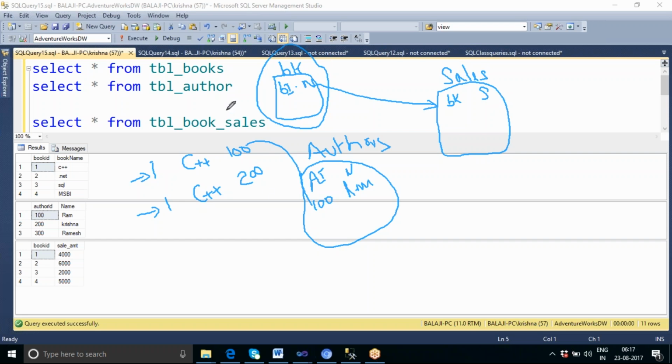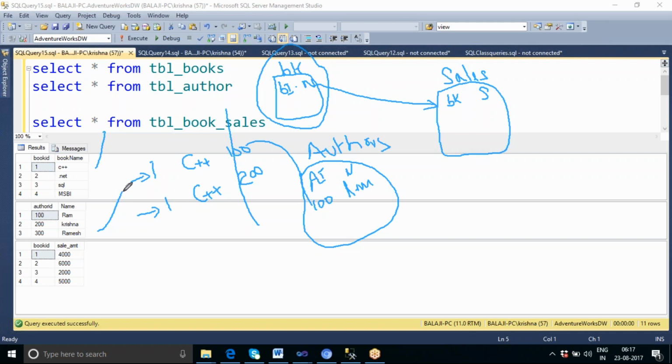So I should not insert the author ID column in the book table. This data should be unique and similarly author data should be unique. Now you can see I have only one book ID and one author. These tables are called dimension tables, which should contain unique data.